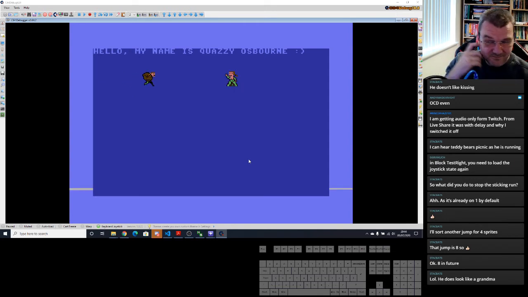So there you go. That's how you can implement this, and we haven't even used IRQs yet. I try not to use IRQs, interrupts, unless I really need to. And as you can see from the processing band down here, we're only taking 3 raster lines up. So the CPU is just doing nothing for the rest of the time. It gets a little bigger when we do the movement, look.